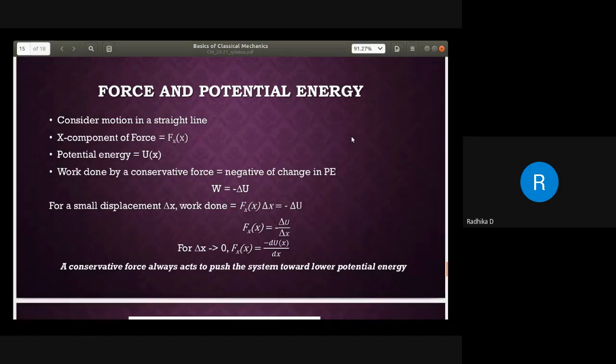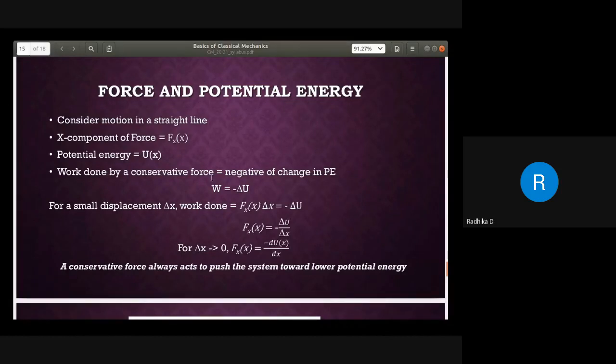In conservative force, the work done will be equal and opposite in both the directions. Non-conservative force, it will not be. In case of conservative force, the total work done will be zero, or the integral of force dot the distance will be zero. But for non-conservative, the integral value will not be zero.